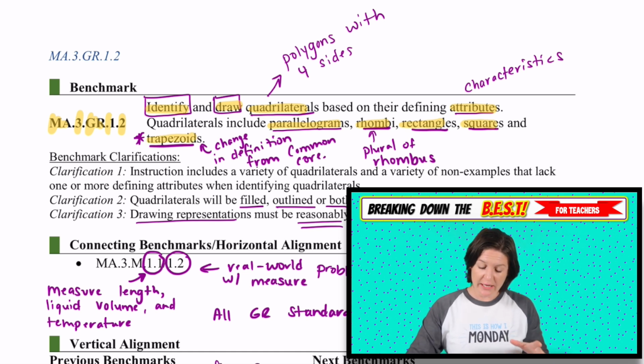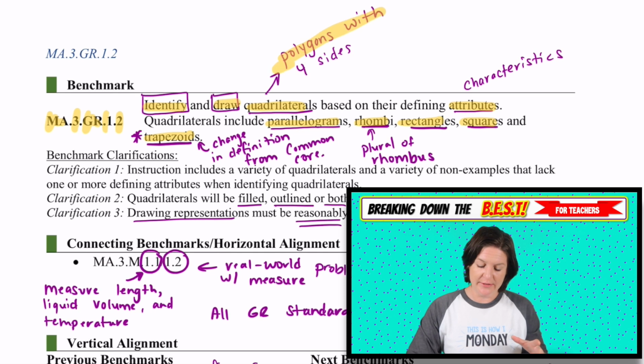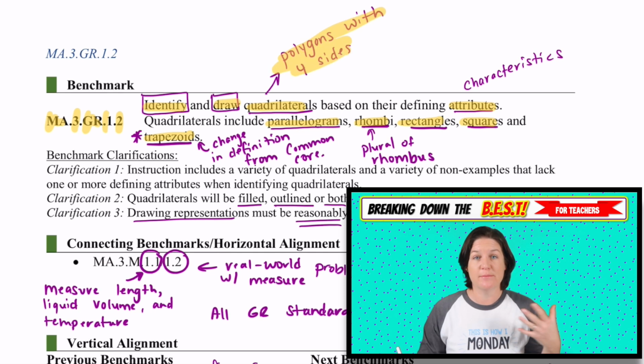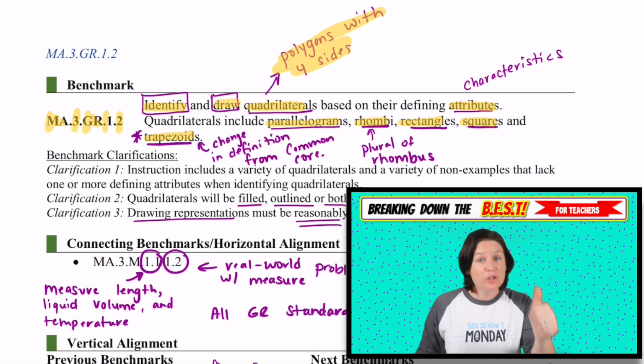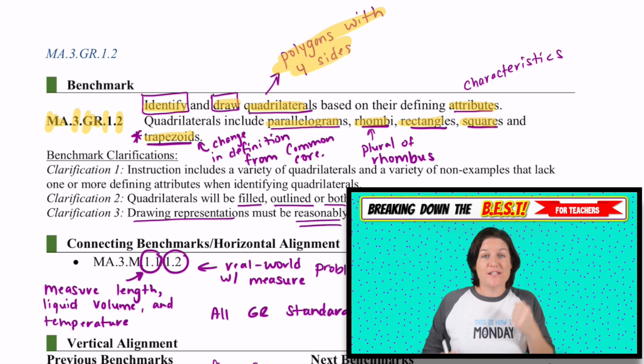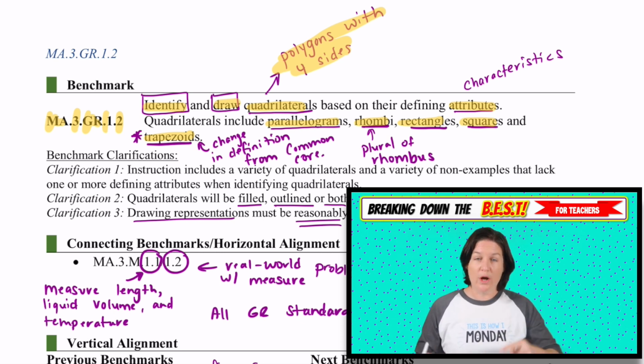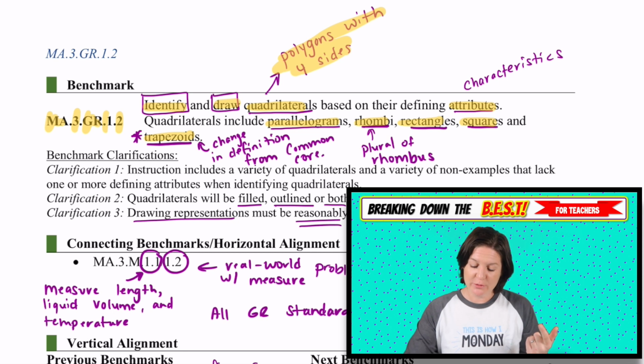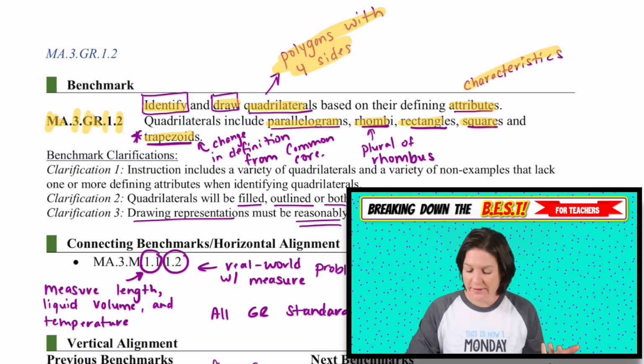All right, so quadrilaterals are polygons that have four sides. A polygon has got to be closed, got to be straight, three or more sides, a flat plane shape. So quadrilaterals are specific polygons with four sides, based on their defining attributes, which is a fancy way to say